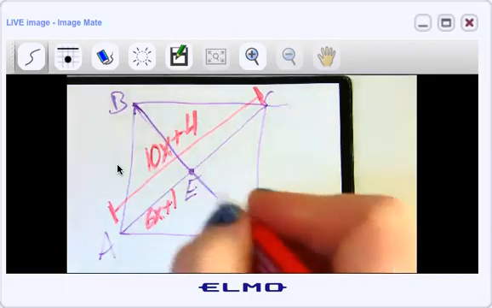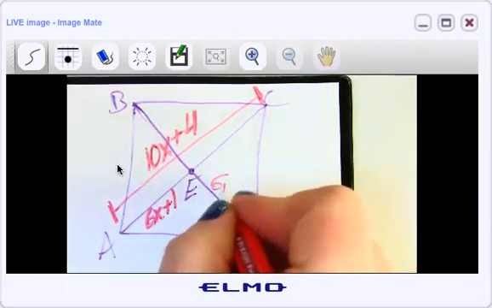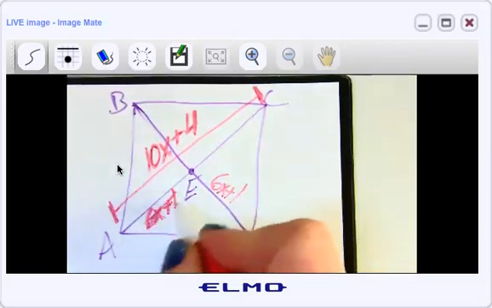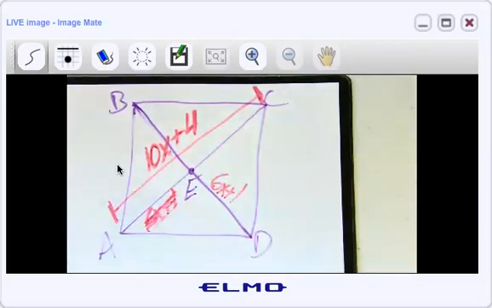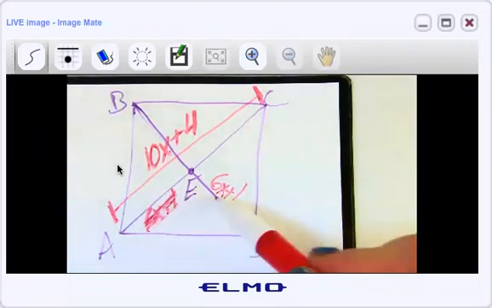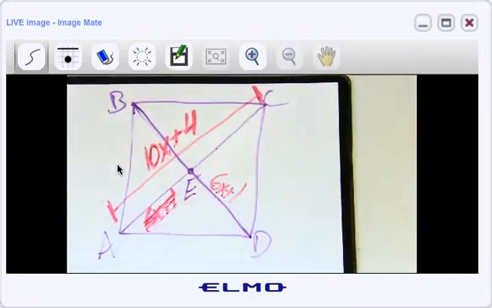Would it have been any different if I had told you that this was 6x plus 1 instead of this? No, it doesn't matter, because in a square also, all 4 of these little pieces are going to be the same. And that's it. So that's all that I had to tell you about rectangles and squares. Does anybody have any questions right now? No. No. All right. So